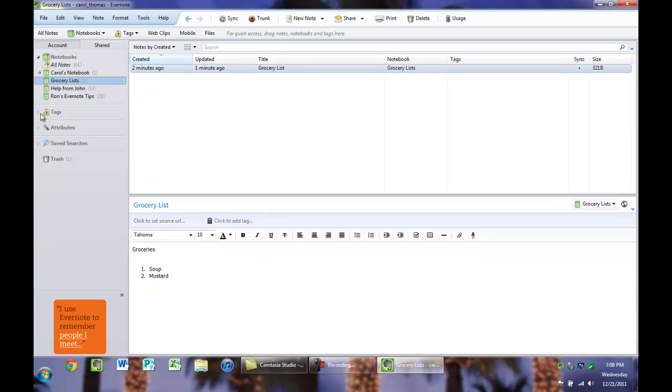So if I expand this tag thing, every note can only be in one folder, but every note can have multiple tags. So if you can't remember, did I save that as grocery list or did I save it as something else? Just think about what kind of tags you might put with it,